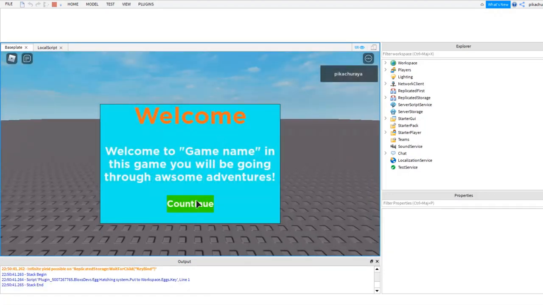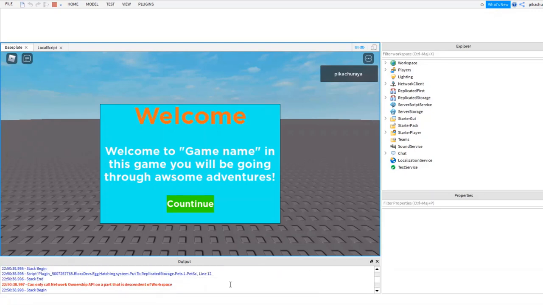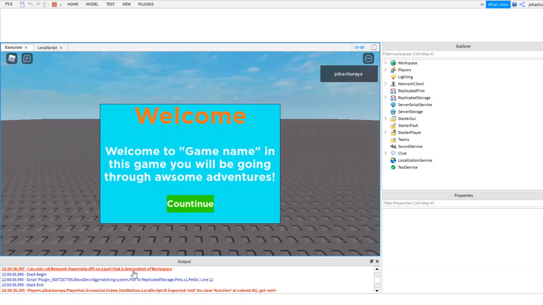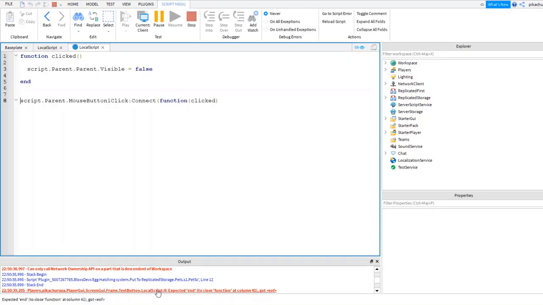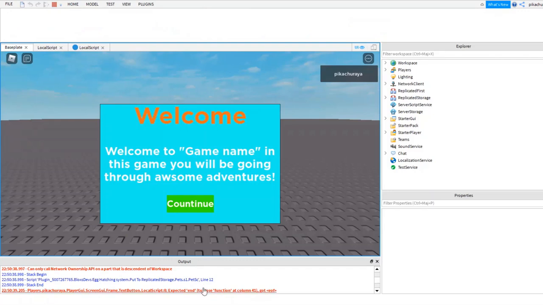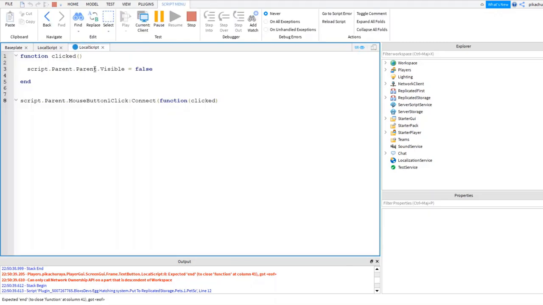If I check the errors, you're going to see it says there's an error in this line, because it says function clicked when instead it should just say clicked. This is the error I made, and try not to make it. It is a really basic error. So here we're going to change function clicked to just clicked, and it should work.